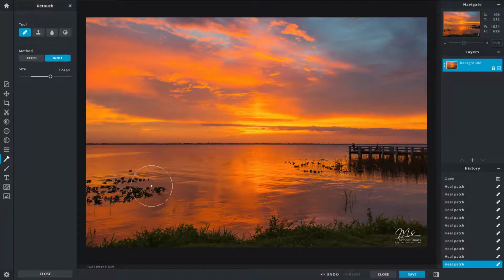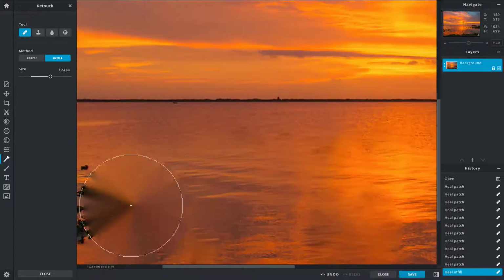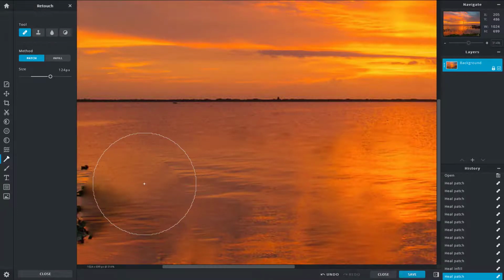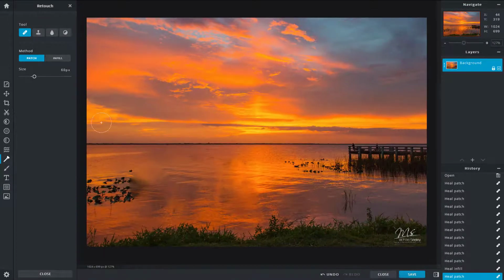The other option is infill, as you can see. What infill does is that it actually fills everything inside. It tries to pull it inwards, as you can see. So you can see that everything is being pulled inside right over here. But patch actually tries to see what is there in the surroundings so that it can make it a bit more natural, as you can see right here. So patch is more of a natural way to go, while this is more of a quick way.